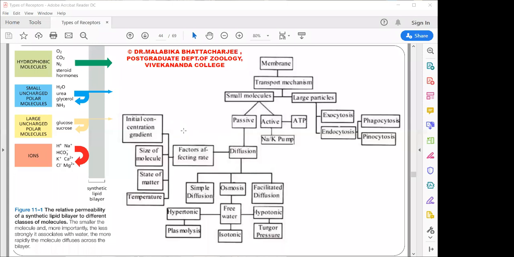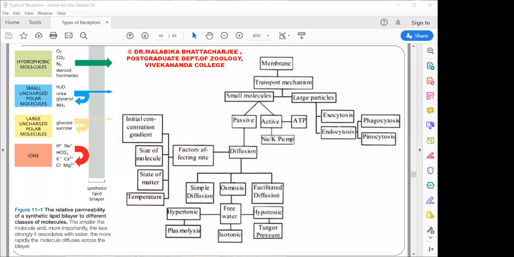facilitated diffusion. To start with, as you can assume, plasma membrane is the one which circles a cell. So plasma membranes are actually the membranes which are bordering a cell. Any molecule that has to enter the cytoplasm always has to cross the plasma membrane. Now, depending on the nature of the molecule, there are different channels and different mechanisms by which the molecule might enter. If we look into this picture, we can broadly classify the molecules into four basic categories.